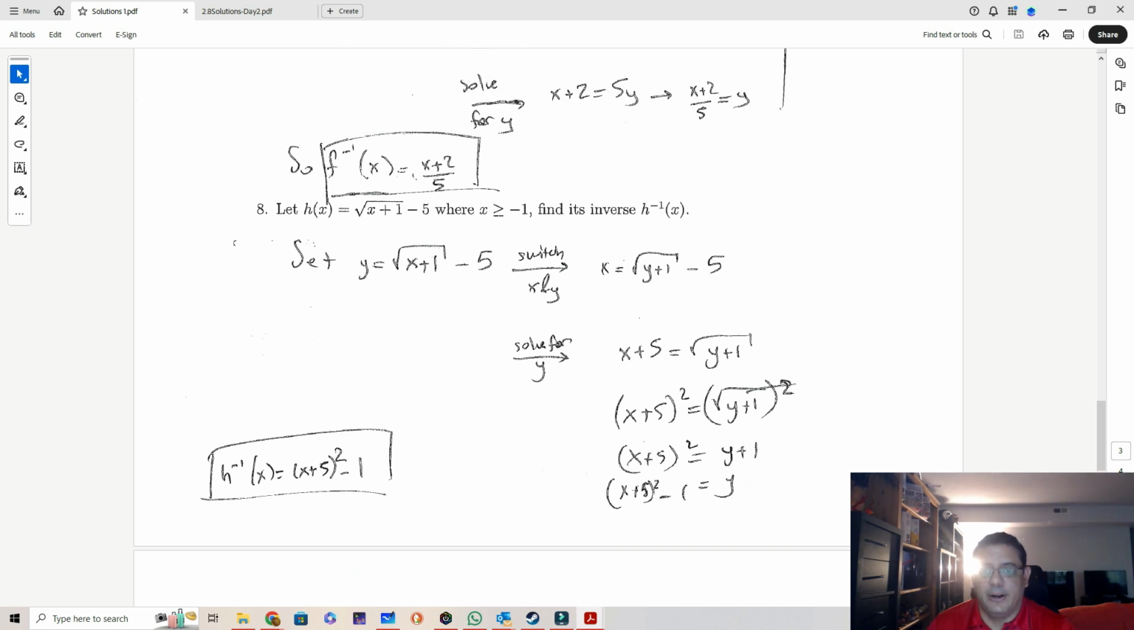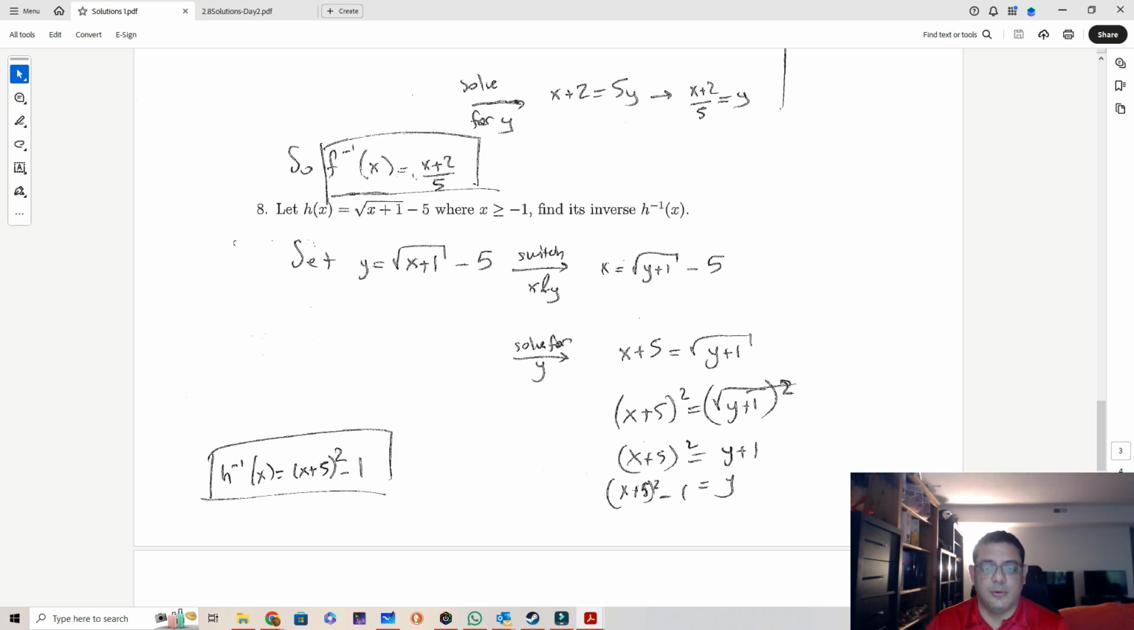Now finally, for exercise 8, we have the root of x plus 1 minus 5. Of course, this has to have a domain where x is bigger than minus 1, so it can exist. And so we want to find the inverse. Here it's important to notice that we have the domain x bigger than minus 1, so we know that it's well defined. So first we set y equals square root of x plus 1 minus 5,